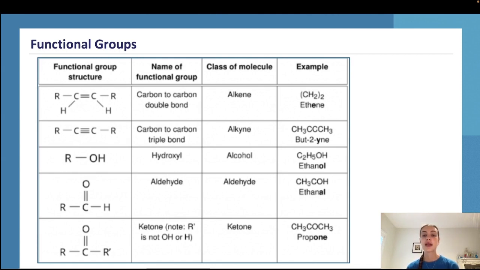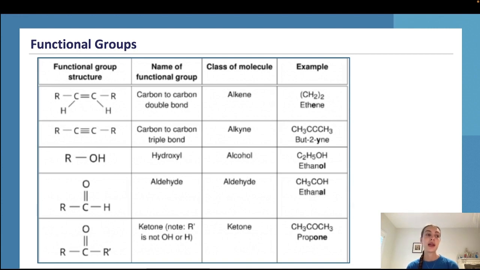So if there is a second carbon molecule and a third carbon molecule with a triple bond between them, we would name it as a but-, and then the last one having another carbon on the end with 3 hydrogens bonded to it, we'd name it as but-2-yne as opposed to but-3-yne, because we want to name the location of this triple bond, so whether